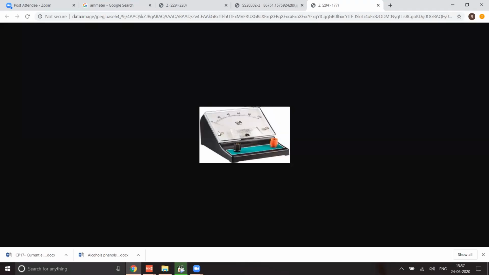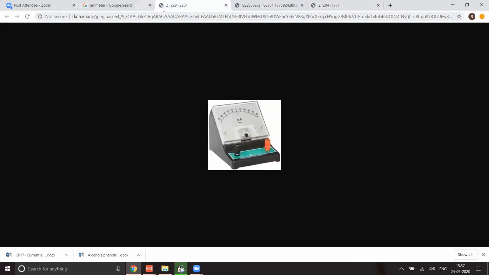Because current can't be negative. Okay, maybe only then we can find the amount of current. That is right. One of the reasons, someone told me, current can't be negative. That's one of the reasons. And since you are trying to measure the current, the ammeter won't show directions. Yes, and that is also there. So if the current is flowing, it will be able to tell you what value of current is flowing. But what does the galvanometer do? If you look at the galvanometer carefully, just a minute, it's disturbing.